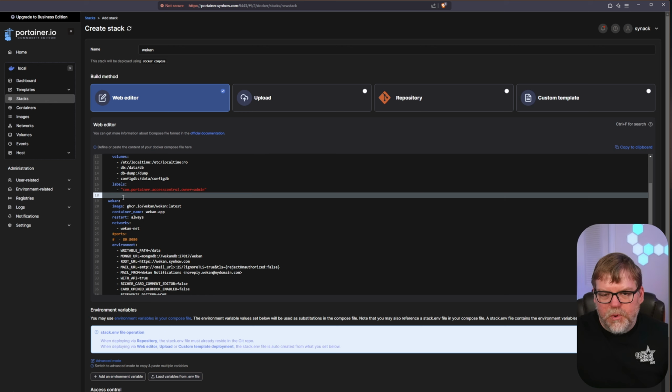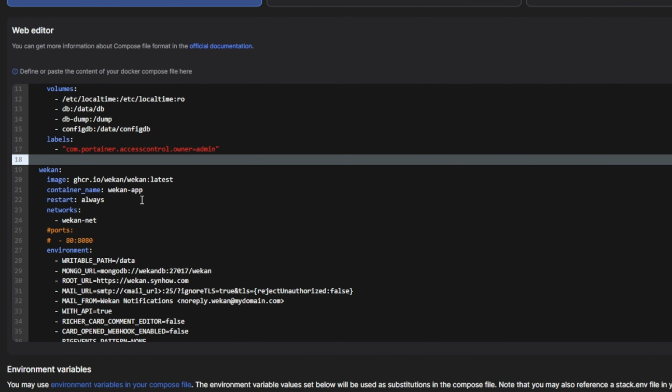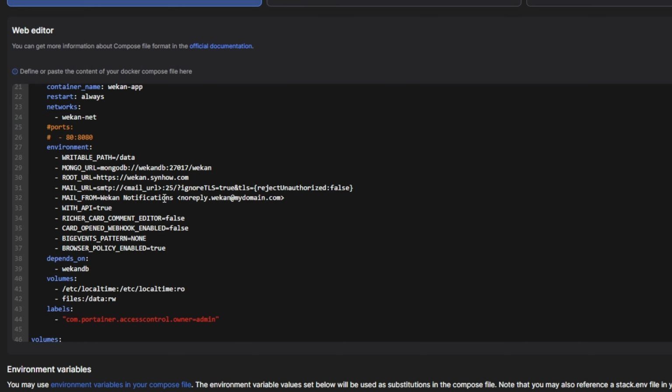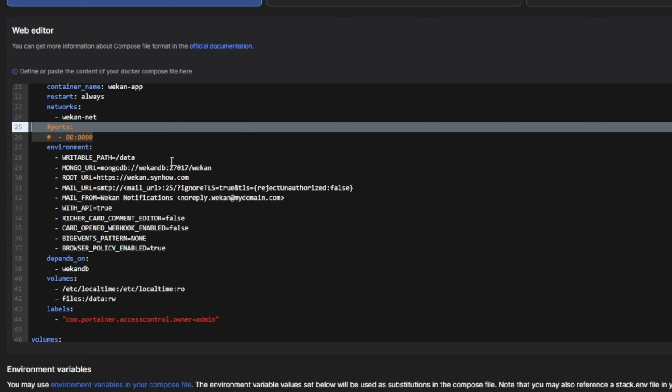Next up is our Wekan container that we're going to create. This is going to be pulling the image from this URL. It's going to be calling it Wekan app, always restarting, joining the same network. Hey, cool. But wait a second, what about our ports? Well, I commented those out, but I left them in there so you can know what we're doing with that